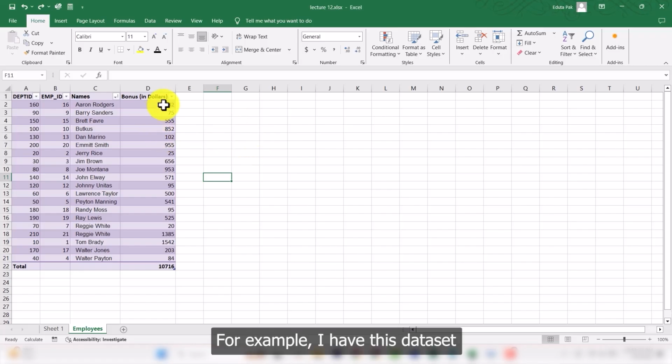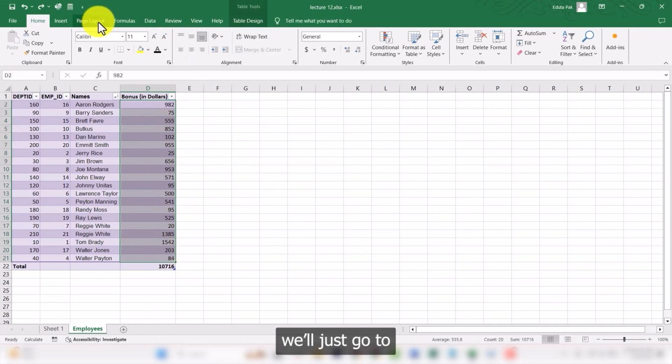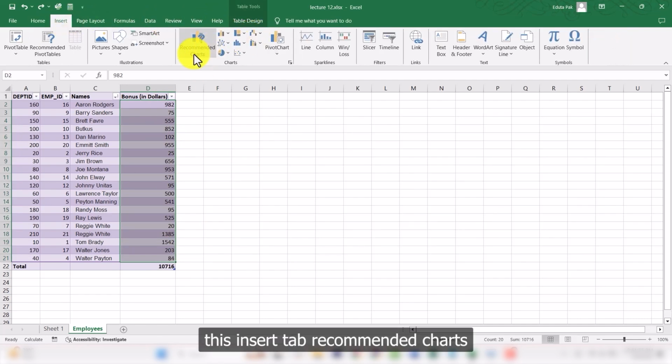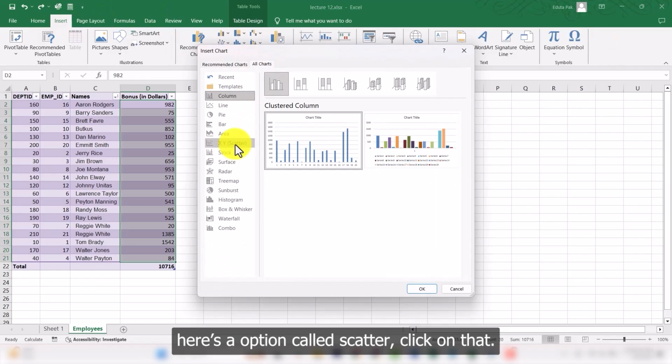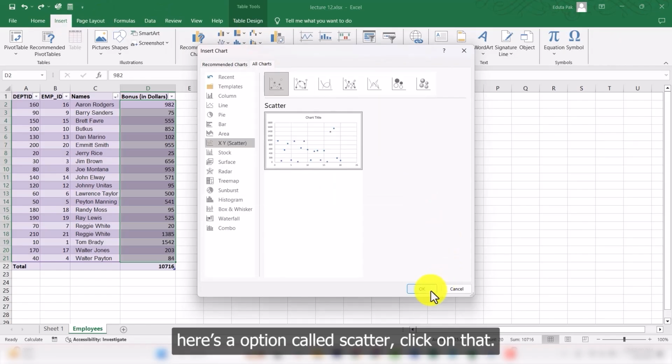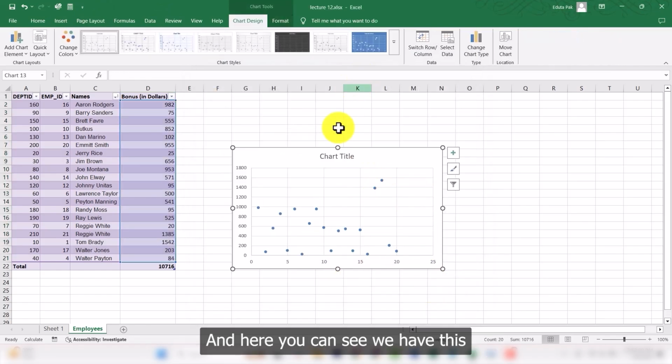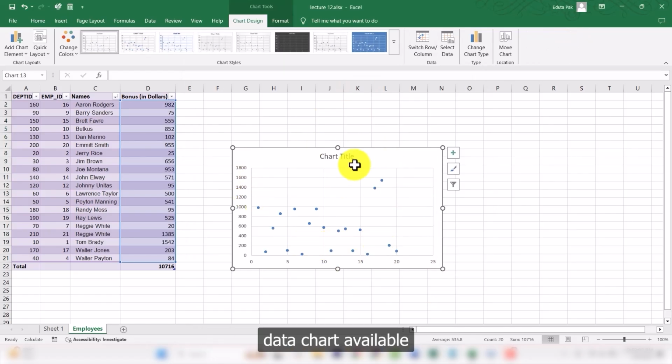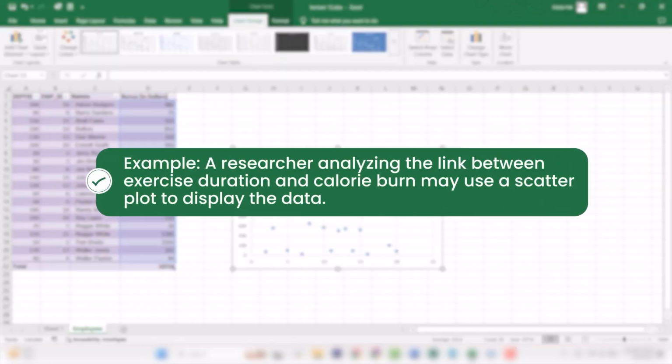For example, I have this dataset. We'll just go to this Insert tab, recommended charts. Here's the option called Scatter. We'll click on that, and here you can see we have this data chart available for this dataset. So this is the scatter one. Example: a researcher analyzing the link between exercise duration and calorie burn may use a scatter plot to display the